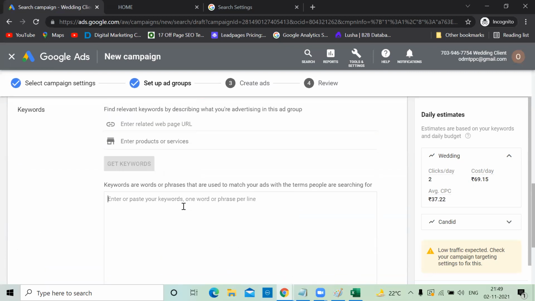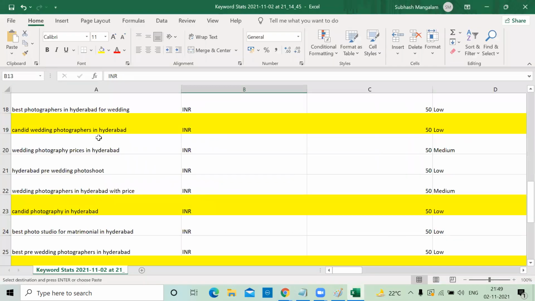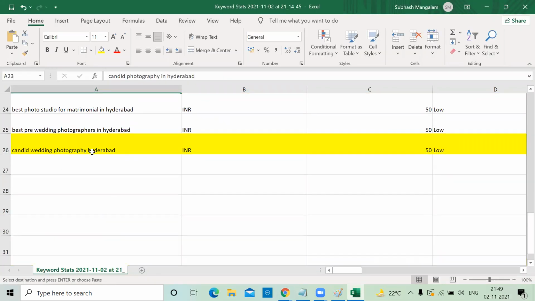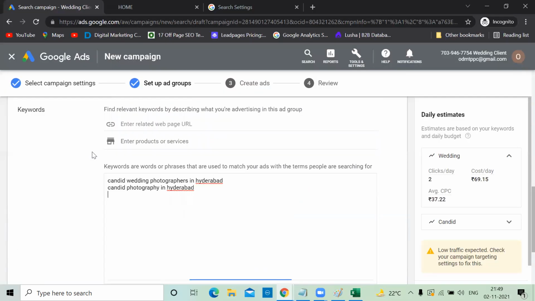Next, candid. Candid keywords we also did previously. Let me copy one by one. Candid. Next here. 3 keywords we got. First, I'll be getting more. Candid wedding photographers in Hyderabad. Candid photography in Hyderabad. Candid wedding photography Hyderabad.